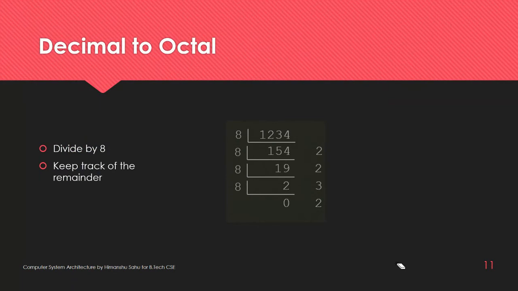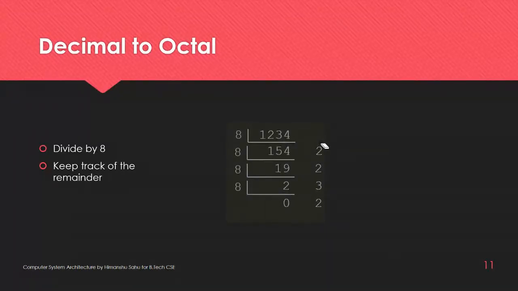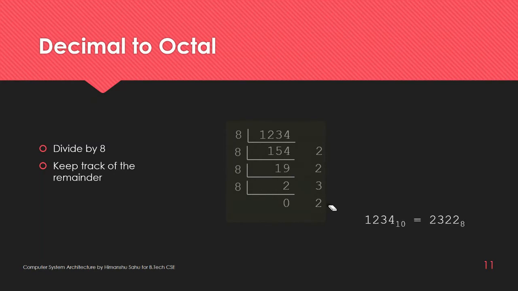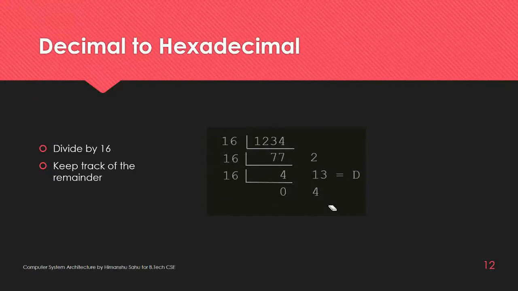Okay, this I have already told you, how you convert any number from decimal to octal. Simply divide it by 8, and in this scenario again this will be the LSB and this will be the MSB, so the answer will be 2322. Now coming to decimal to hexadecimal, you just need to divide by 16, and again this will be the MSB and this will be the LSB. Remember that whenever you get any number greater than 9, replace it by the symbol like A, B, C, D, E, F. Do not write the direct value because it will lead to a wrong answer.